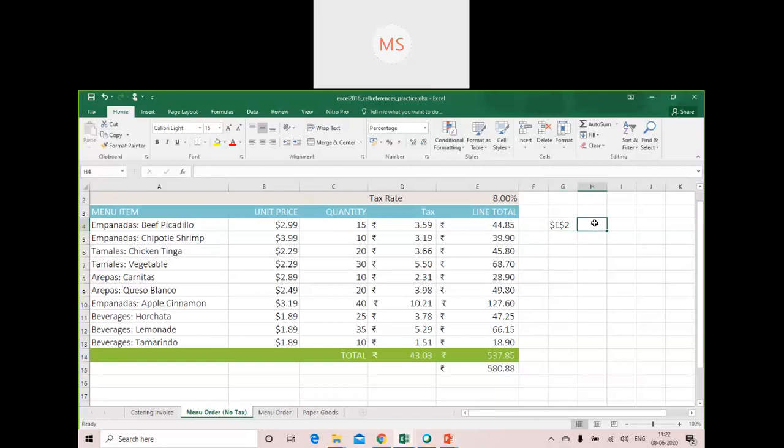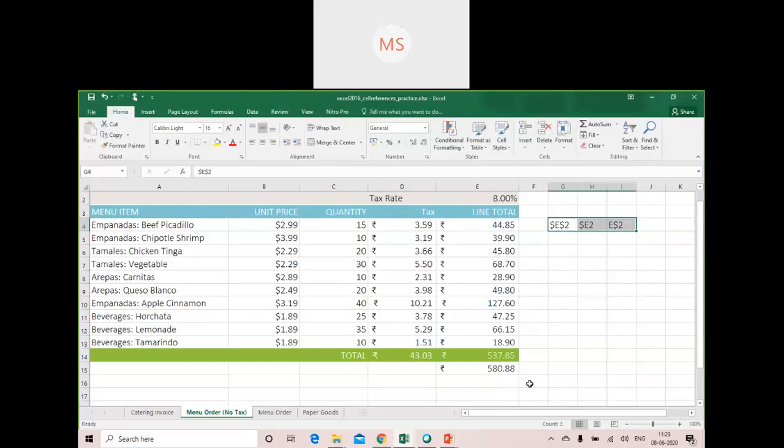But when I make use of $E2, what does it mean? Here the column will remain the same, but the row can change. And when I use E$2, what does it mean? The column can change, but the row will remain constant. So these are the three ways in which absolute referencing can be done.